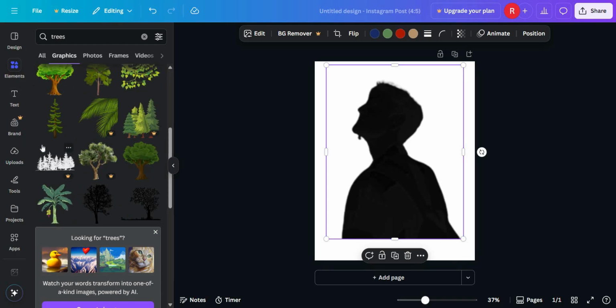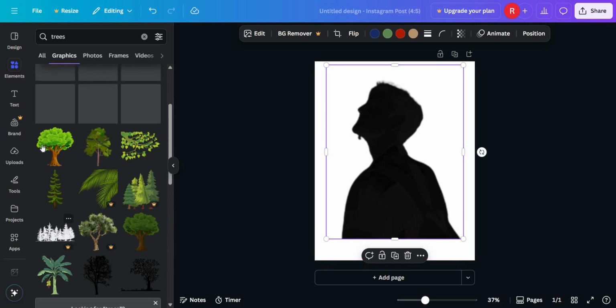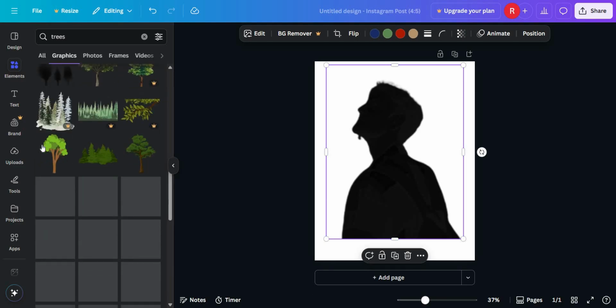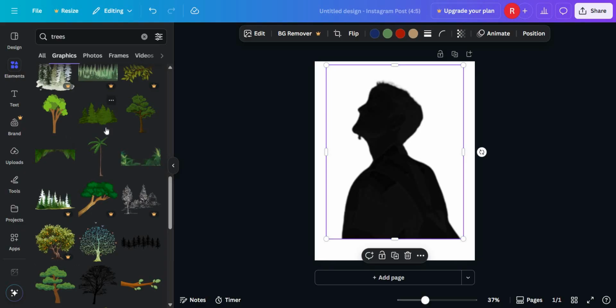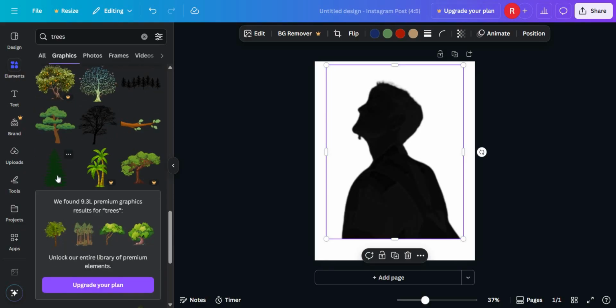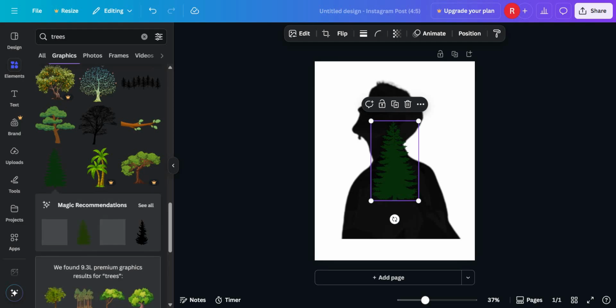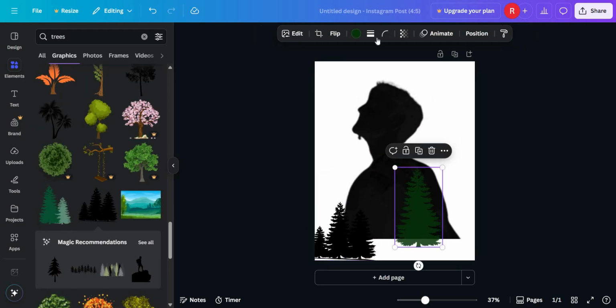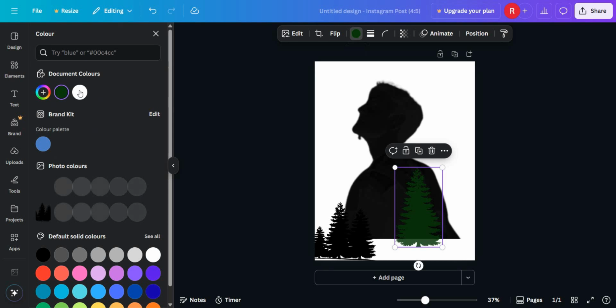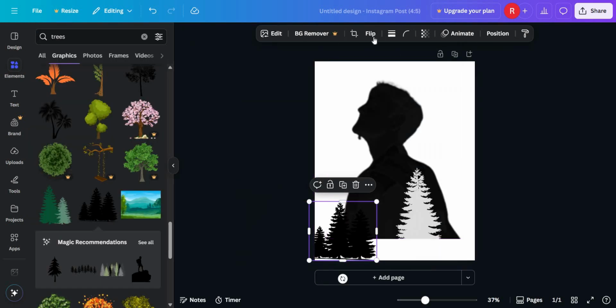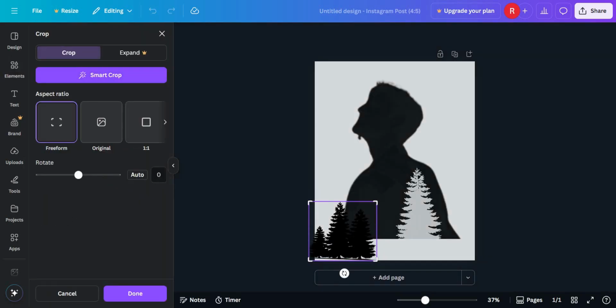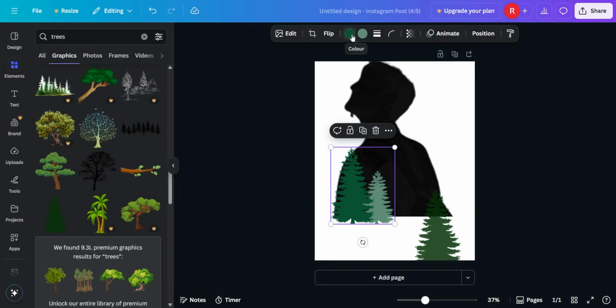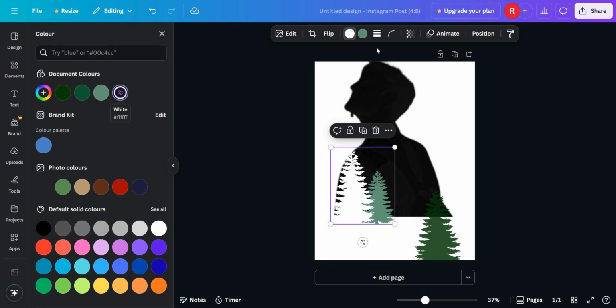go to graphics, using the tree, change the color to white color like this and this in black, sorry, white color. Go to colors, to white color,